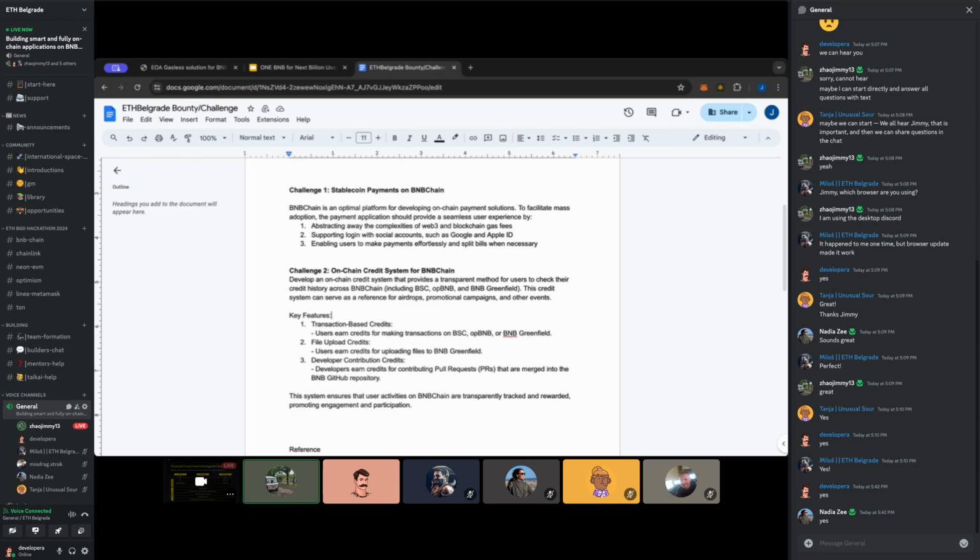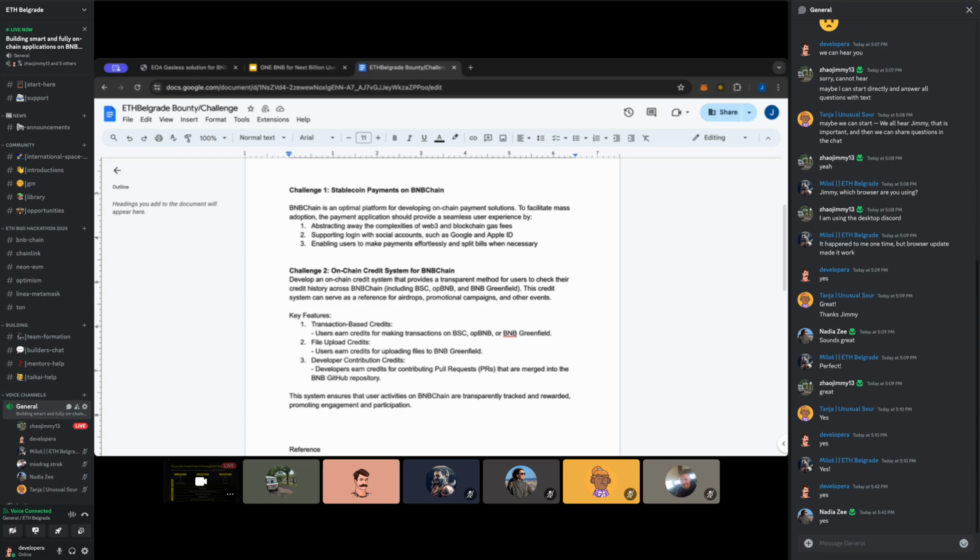So the credits can be used for airdrops or any other promotion campaign. If I want to do an airdrop, I can know which accounts are most active. We can define a reasonable threshold for who can claim the tokens for which project. These kinds of things can have transparent data.